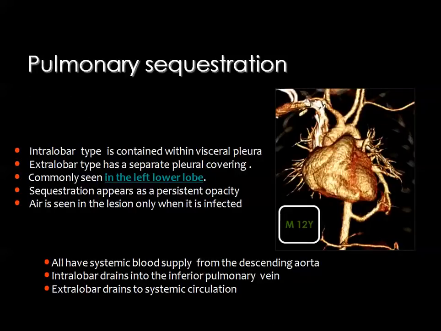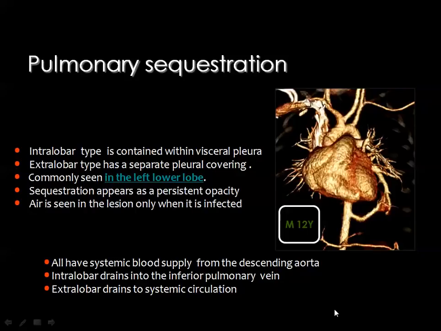The sequestrated lung segment is commonly seen in the left lower lobe, but it can also be seen in the right lower lobe, and sometimes in the upper lobes as well. The diagnosis depends on the presence of a systemic blood supply coming from the aorta to the lesion. And the separation between the two types of sequestration depends on the venous drainage. Intralobar sequestration will drain into the inferior pulmonary vein, while extralobar sequestration will drain to the inferior vena cava or